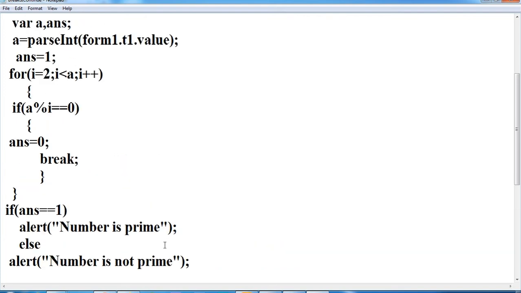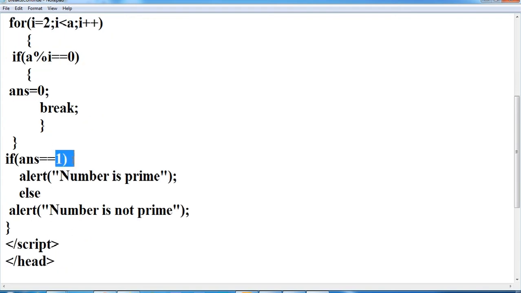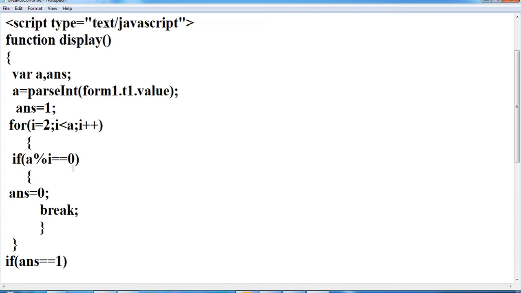The condition for checking is: if you enter a number greater than 1, and the remainder of the division is 1, then that number is a prime number. Otherwise, if the remainder of the division is 0, then it is not a prime number. That is the logic, if I am saying it correctly.